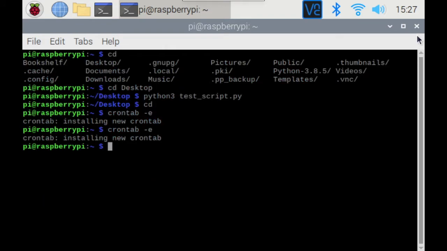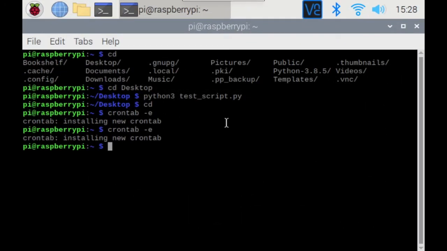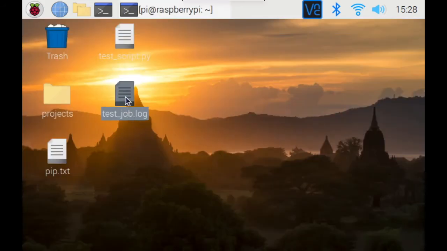So let's wait for 3:28 p.m. and see if it opens up the new window or not. So it's 3:28 now, and ideally the browser should open within a few seconds. So let's wait for it. Okay, the browser hasn't yet opened, so I will go back to my log file to check for any errors.